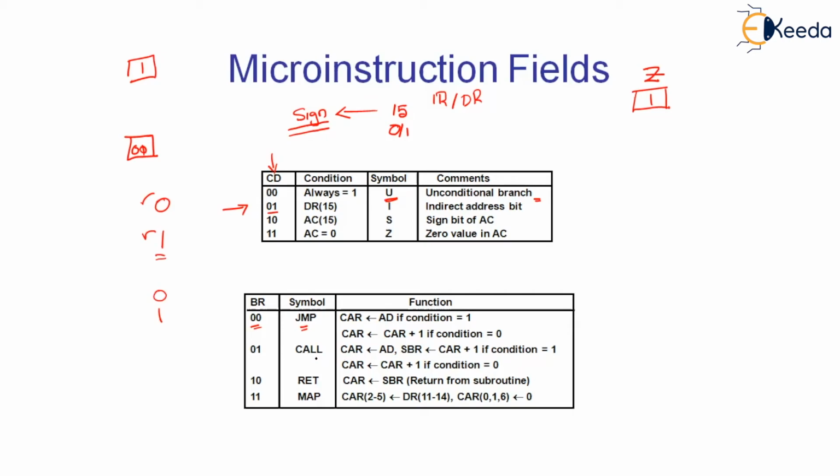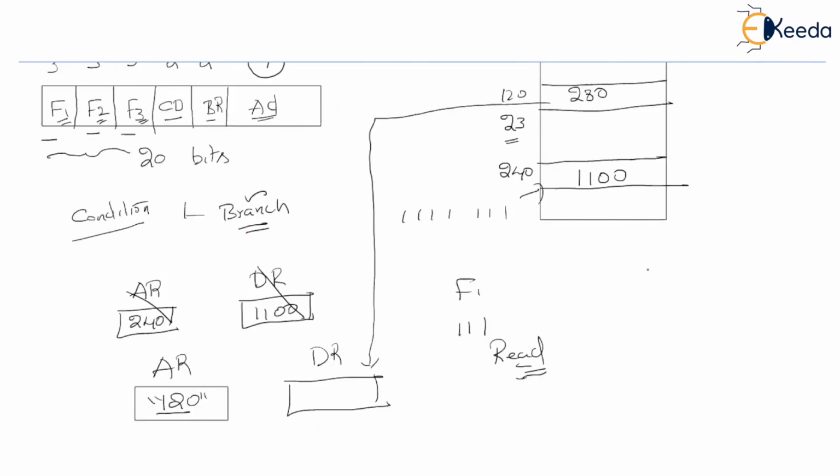When a call has been made, obviously we don't take the next address. The next address, which is CAR +1, will get transferred to the subroutine register if the condition gets satisfied. If the condition gets satisfied, then we are going to take a branch to the corresponding location, which is specified by the least significant 7 digits. Once again, let me show you. Let us say there is a call